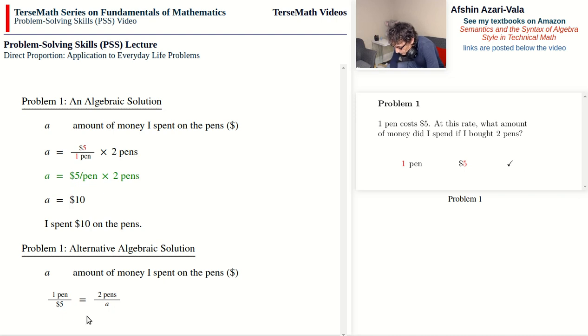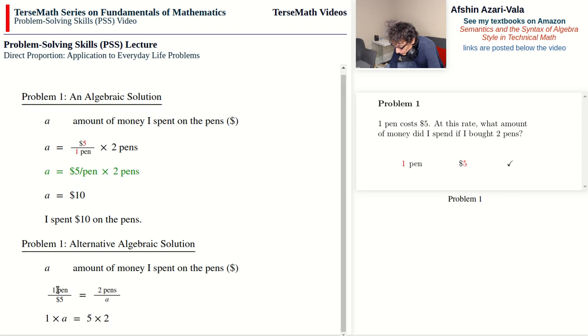Okay, to solve this problem, I'm sure many of you have seen the crisscross approach, and we can use it here. Later on, I will explain that the reason it works is because division on one side becomes multiplication on the other side. So division by $5 on this side becomes multiplication on the right side. It will multiply 2 pens. And division by A on this side will turn into multiplication on the left side, and it will multiply 1 pen. And so if we take the crisscross approach,